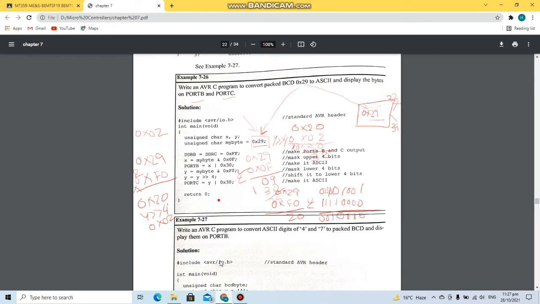Now example 26, we have a C program to convert packed BCD 0x29 to ASCII and display the bytes on port B and C. So first we have unsigned characters x and y, and unsigned character mybyte, which has a value of 0x29, which is the packed BCD value that we will be converting to ASCII and displaying on port B and